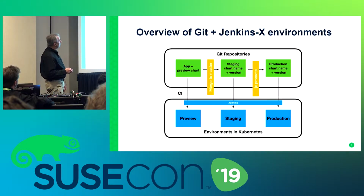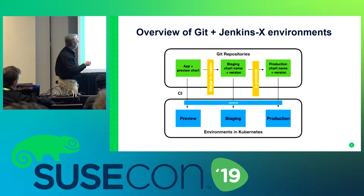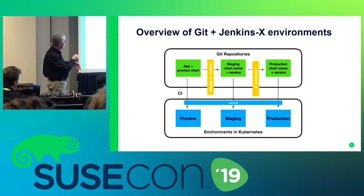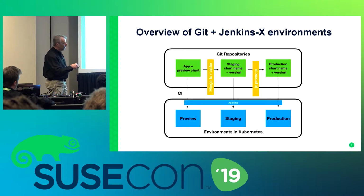So typically, we can recap the structure. We have the application in Git. We have different repos. Nothing is shared. There is one environment for the staging you want to target, one environment for the production, and one other project on Git for your app, or you may have multiple apps, and these multiple apps can be deployed to the same staging. So the staging can be service 1, 2, and 3, and everything will be managed here like source code. Okay? And out of that, Jenkins will take this and deploy what is described in it to the right environment. And here, when we have an application, it will compile, it will do the image provisioning,